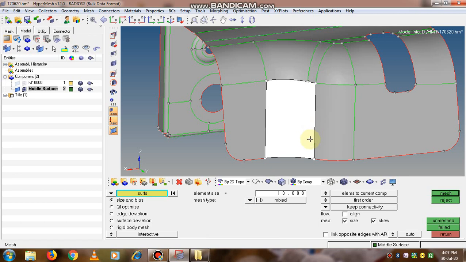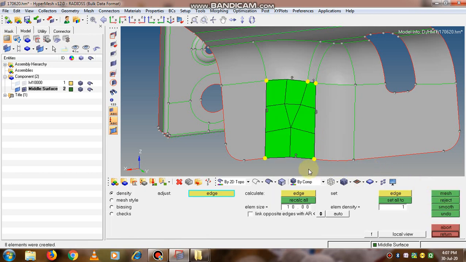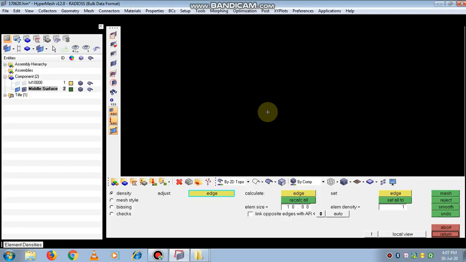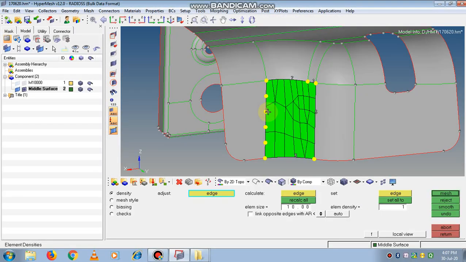Now we'll see what is mix. So select the component and click on the mesh button. So in mix, again the preference is given to the chord elements, but chord and triads are created simultaneously. So both means we are open for both the options, that is the thing here. And this mix is always a good option, because always, oh, this is the error that we are getting because of some RAM issue.